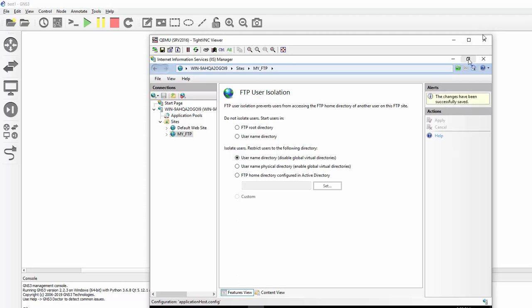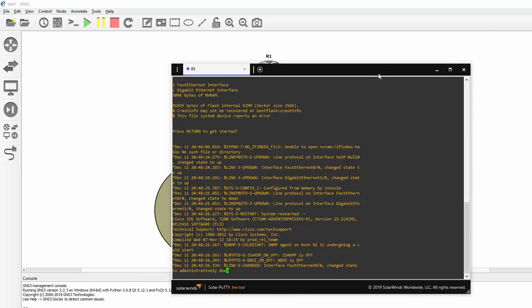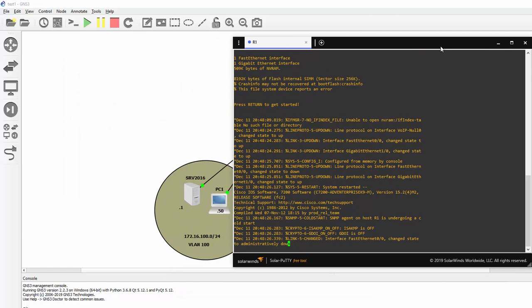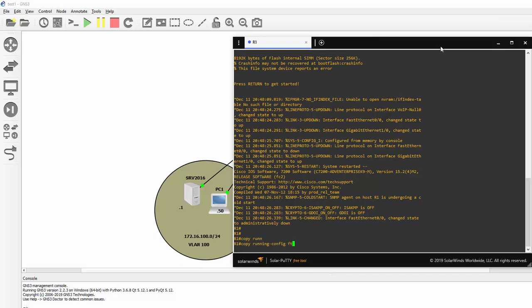The changes have been saved. So now I'm just going to minimize this server, and we're going to router 1, and we're going to test this out. So firstly we're going to try Jack's account. So we can say copy running config to FTP ://Jack is the username, :Jack is the password, at, and then we put the IP address of the server